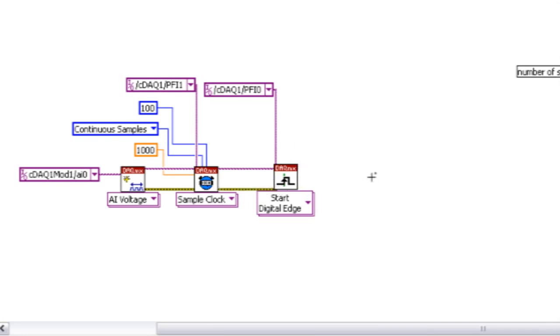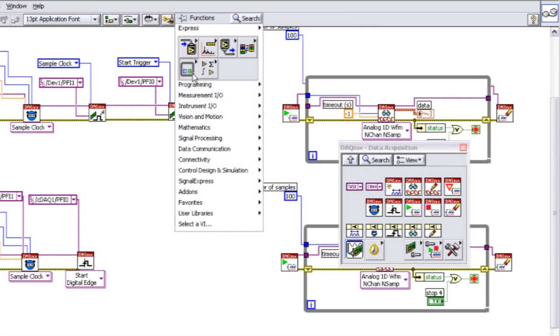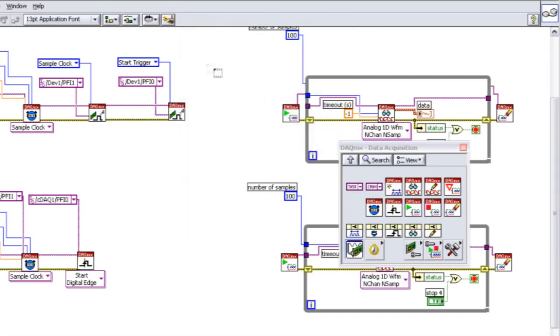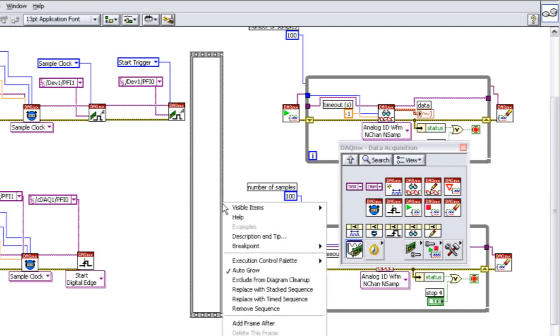So now I've told my MIO device to output its start and sample clock, and I've told my compact DAC chassis to input a start and sample clock. The last thing I have to do is make sure that the compact DAC chassis is enabled first, so it's ready to receive the clocks as they come in. To do that, I'm going to use a structure in LabVIEW called the flat sequence structure. And you can kind of think of this like a comic strip, where it's going to read one frame at